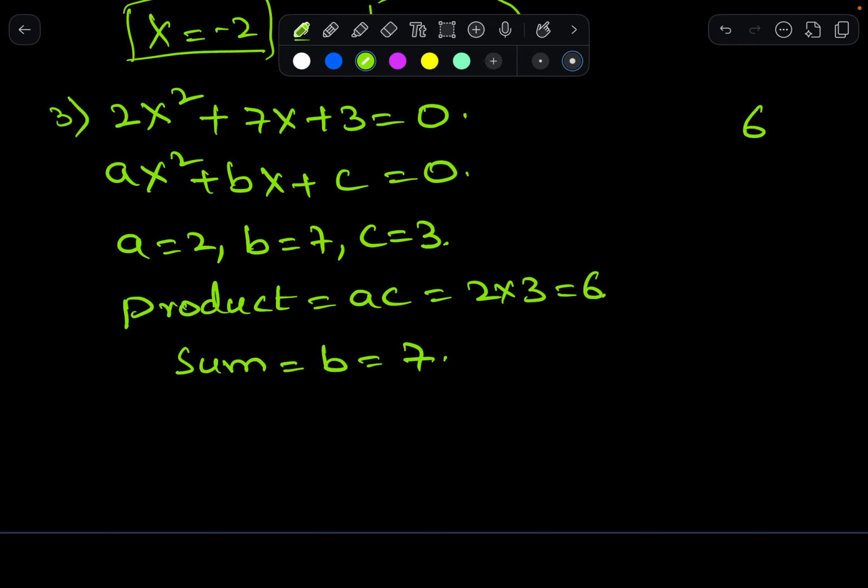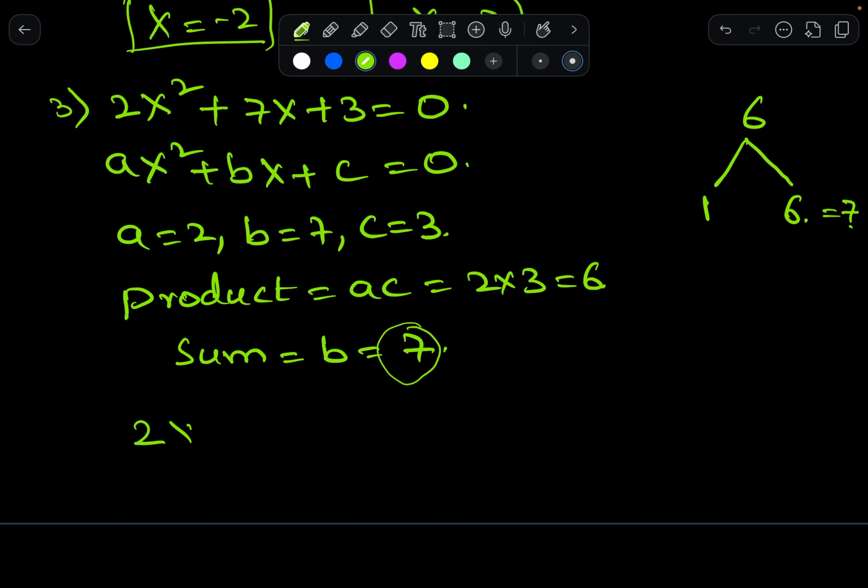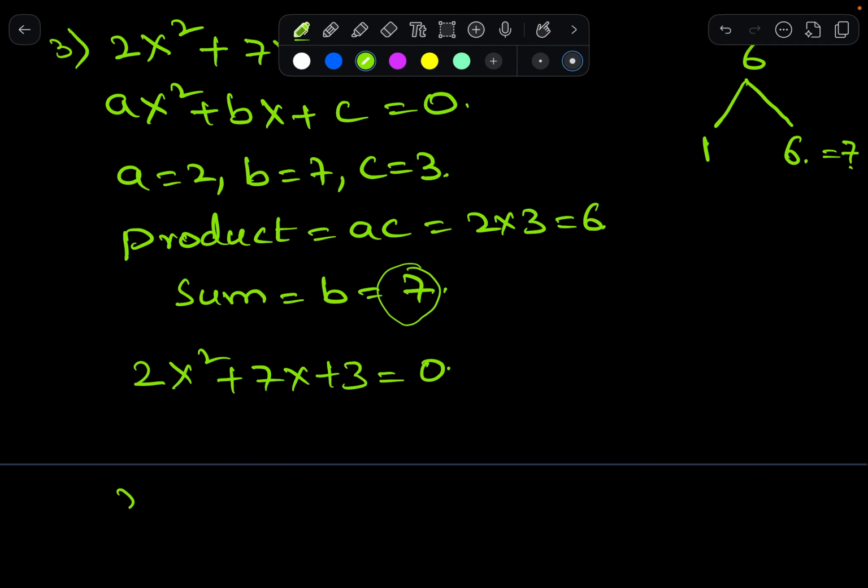So let's write our product 6 as a multiple of its factors, which is 1 into 6. The sum of these two values is 7, which is equal to the sum that we expected. So these two are the factors that we want. Let's rewrite the given equation as 2x square plus 7x plus 3 equal to 0. And let's rewrite this in terms of the factors. 2x square plus 1x plus 6x